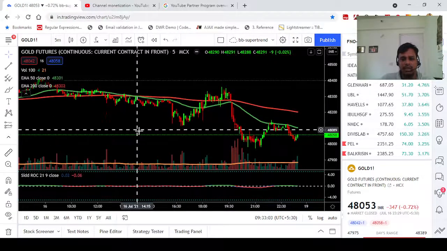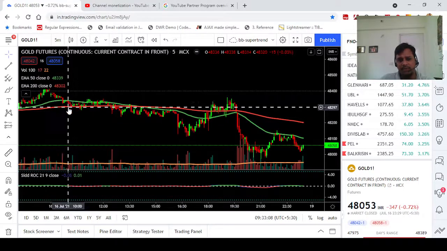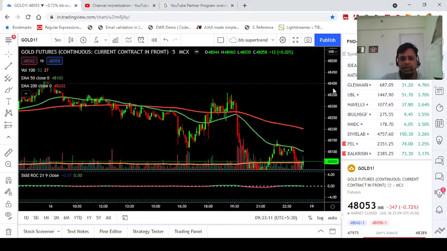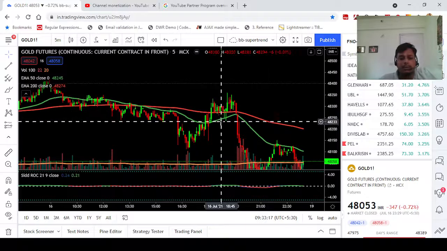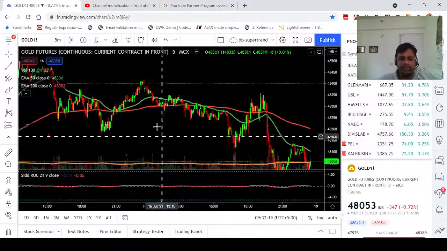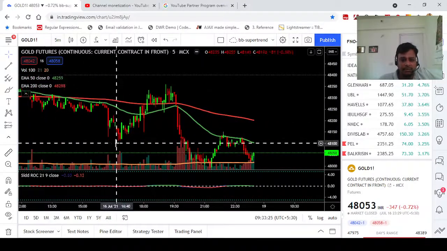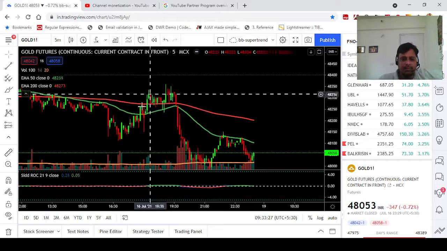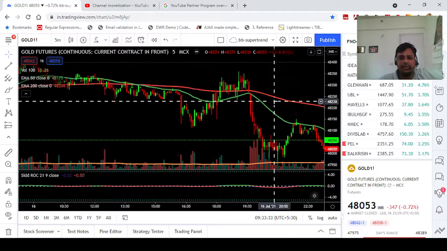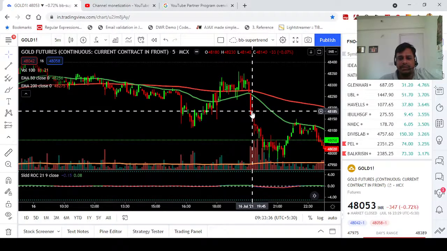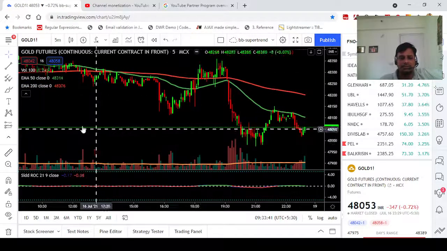So you see here the curvature is going down for both the 50 moving average and 200 moving average, and you see that the 50 moving average has crossed below the 200 moving average. That means the trend is confirmed for the downside. Okay, so at this time what you will do: you see that it came down heavily, came up, didn't sustain the move, and then went down again. When these kinds of moves are there, you take the short here. Your stop loss is again 1%, target is 2 to 3%.